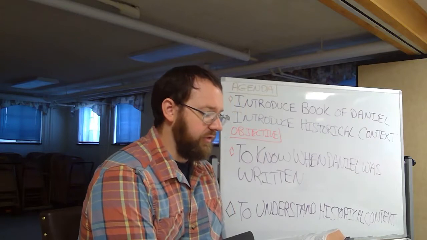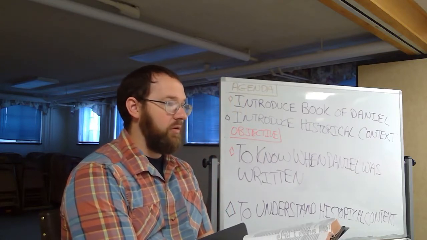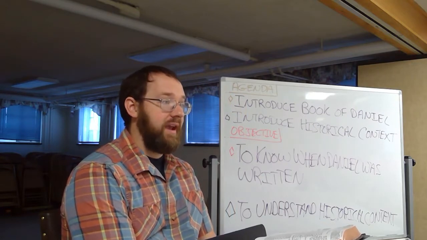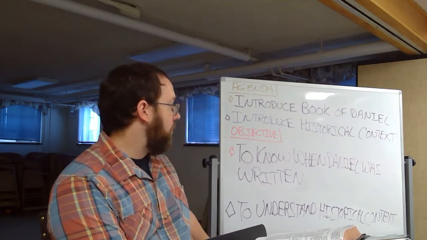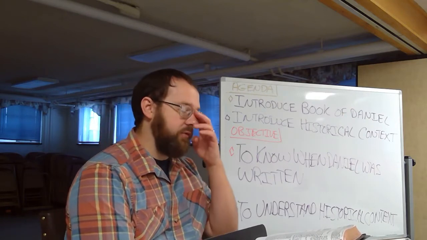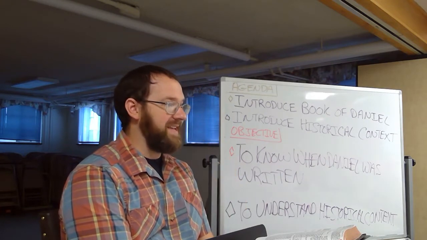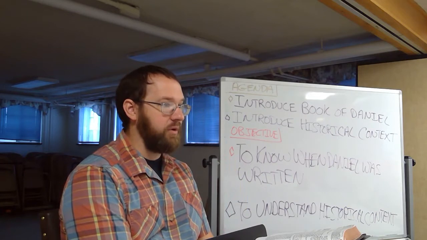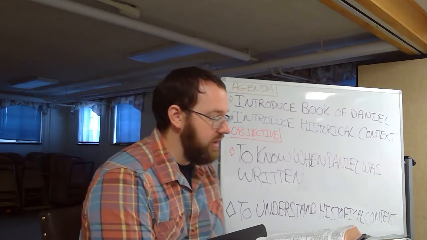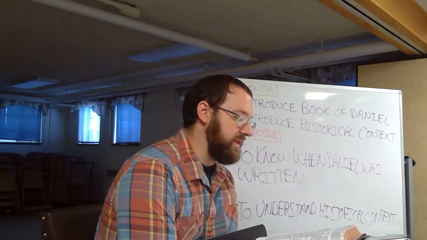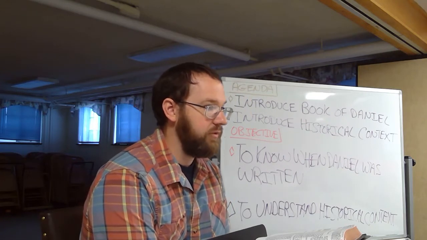What this means for us is we're able to date the book a little bit closely based on the Aramaic words. Now, older scholarship, going back 40, 50 years, and some scholars even today, will argue for a very late date of writing the book of Daniel. The events in the book of Daniel happen somewhere between 605 BC and 537 BC. We're going to get into that in a few minutes.